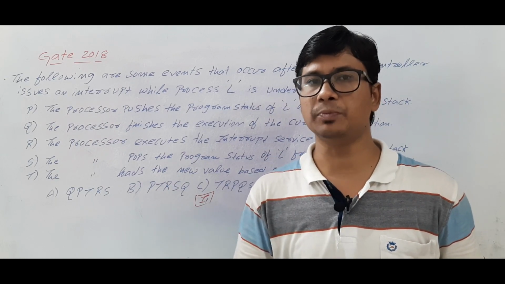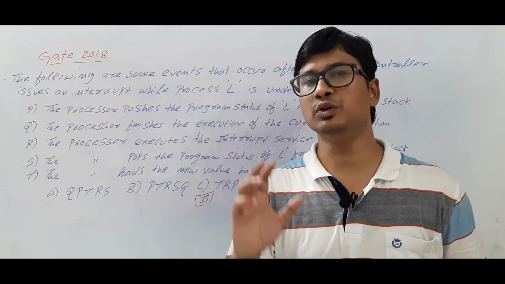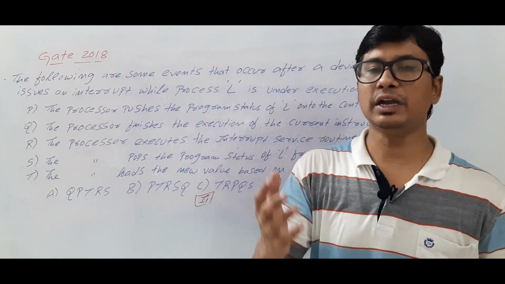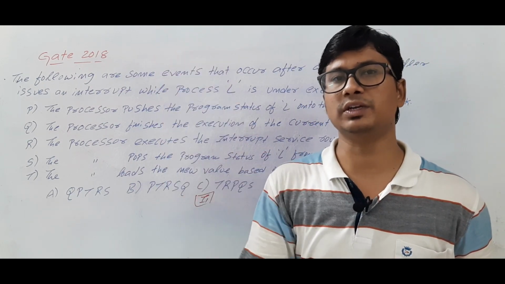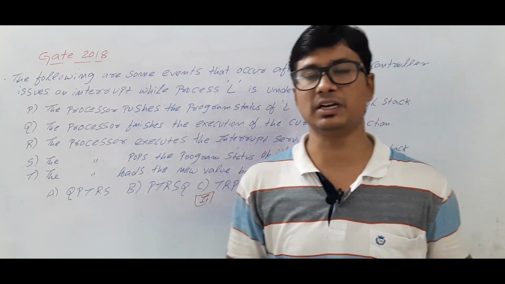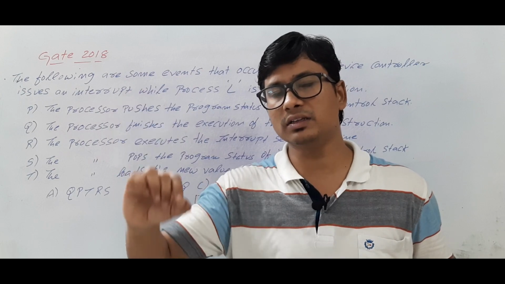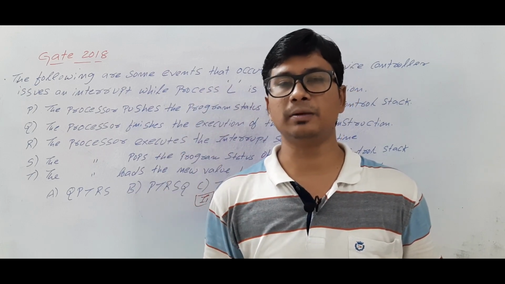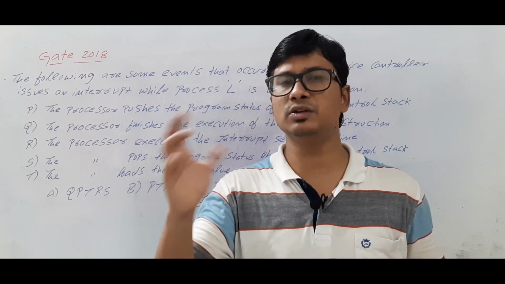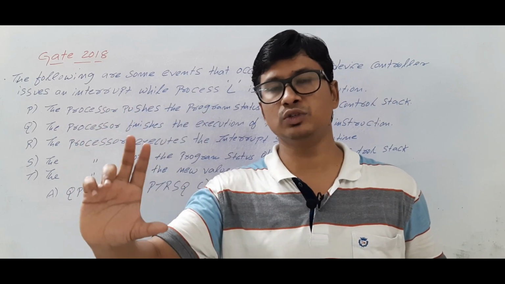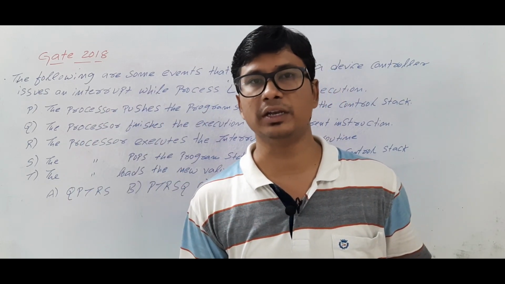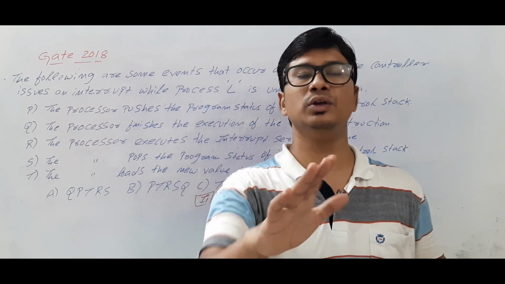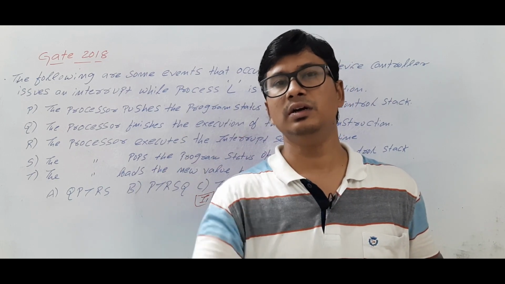And then what is the third step? The effective address of the interrupt, you have to store it in the program counter, because you have to go and execute the interrupt. The interrupt service routine will tell what things you have to do when that corresponding interrupt occurs. Let's take an internal interrupt, divide by 0. If divide by 0 has occurred, what you should do will be there in the interrupt service routine. Once you have executed the interrupt service routine, then only you come back and execute the current process.